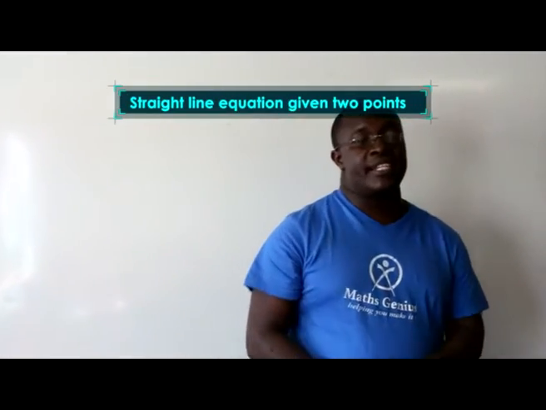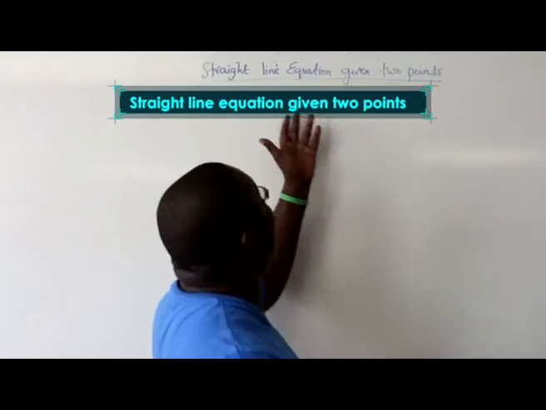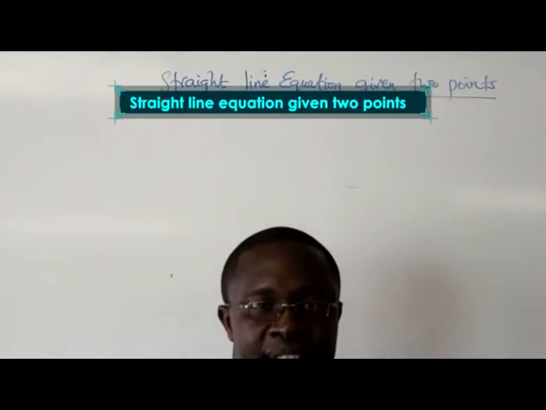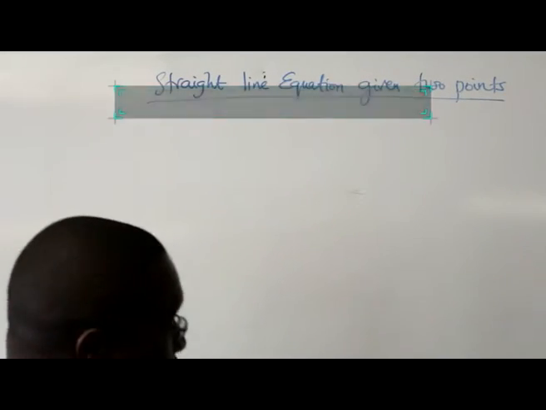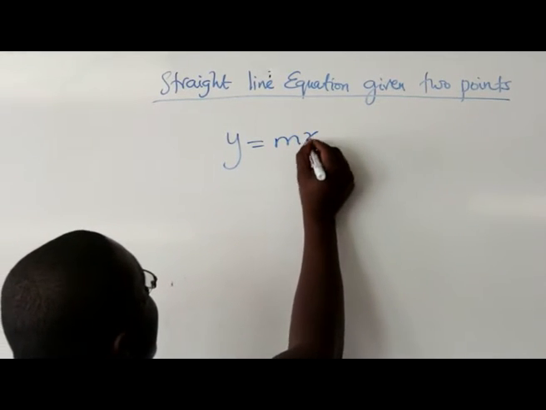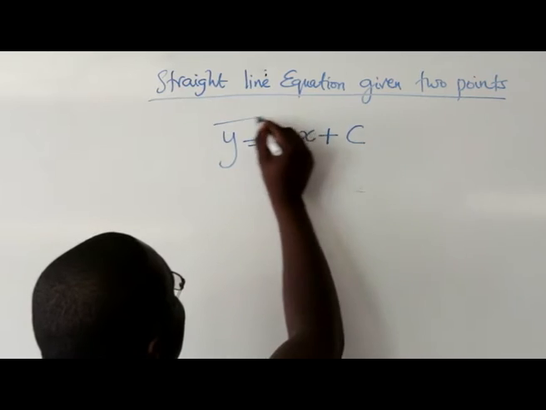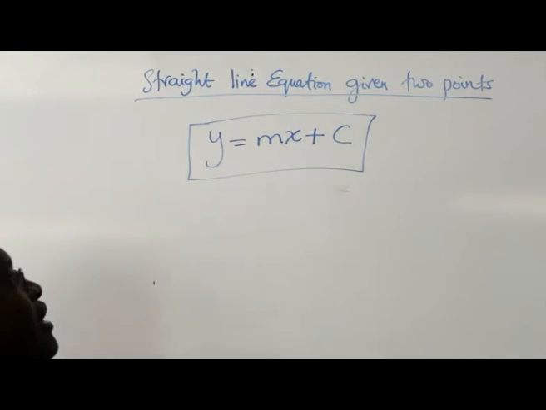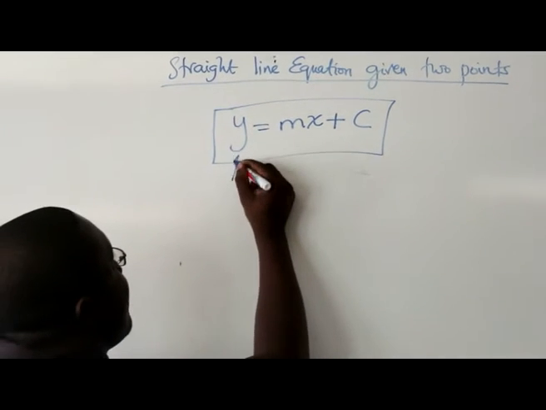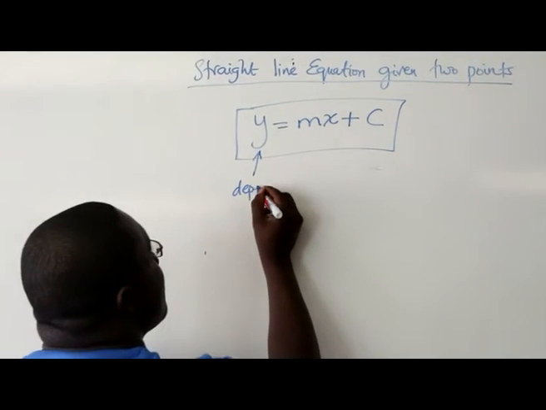Today we're going to be looking at how to obtain the straight line equation when given 2 points. So you find that the general equation of a straight line is y is equal to mx plus c, where your y is your dependent variable,